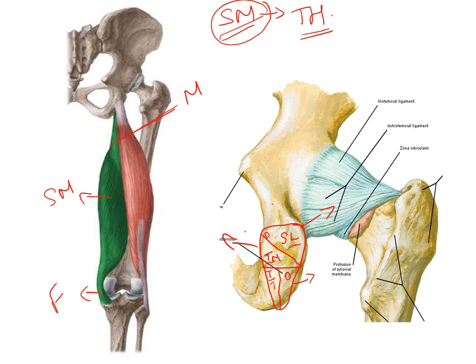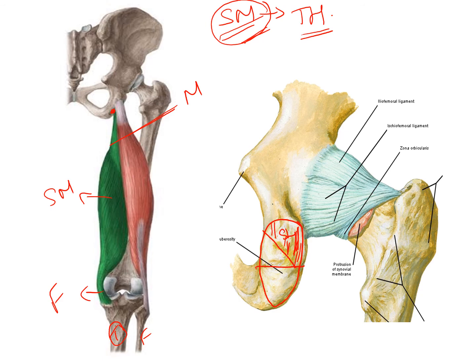Now let us see from where the semimembranosus arises. We know that the semimembranosus has to arise from the ischial tuberosity because it is a hamstring muscle. It actually arises from the superolateral area of the ischial tuberosity. So it is from here that the semimembranosus muscle will arise. After taking its origin, let us see the insertion. Obviously, as per the rules followed by the hamstring muscles, it has to get inserted either into the tibia or the fibula. Semimembranosus will get inserted into the tibia.